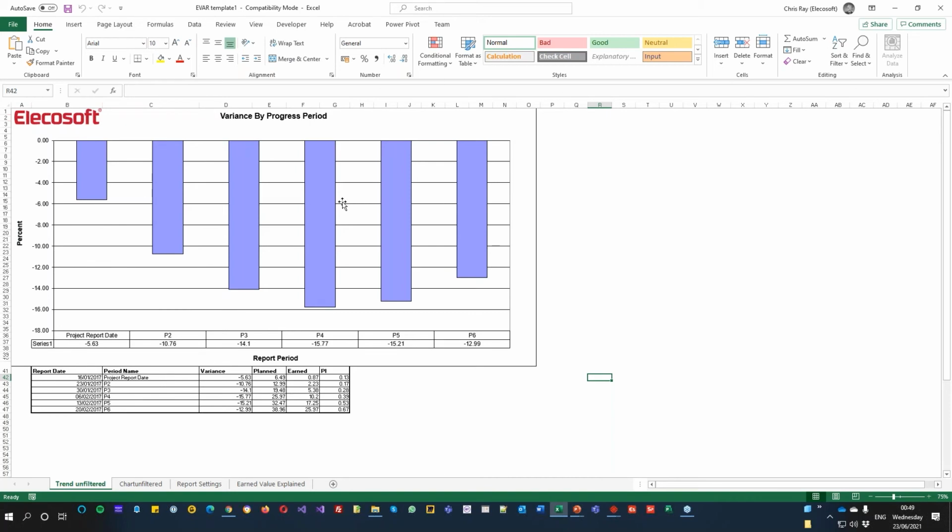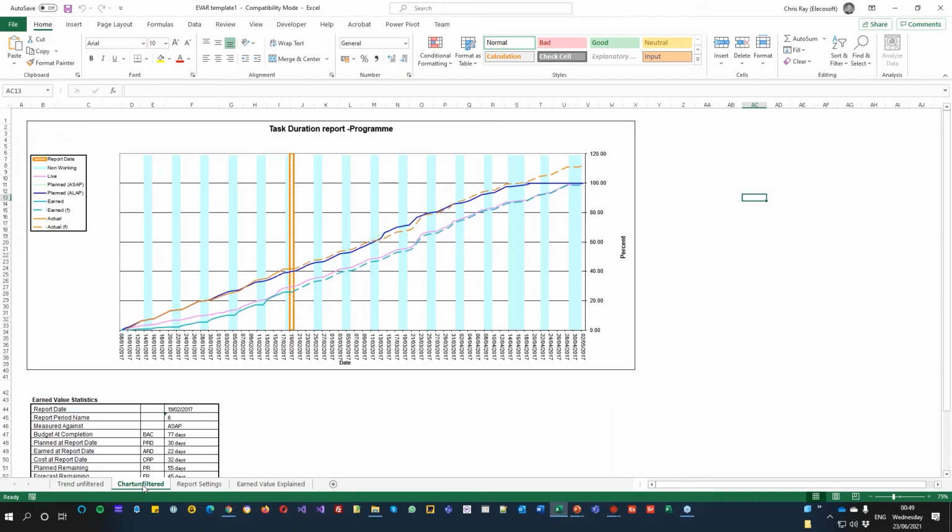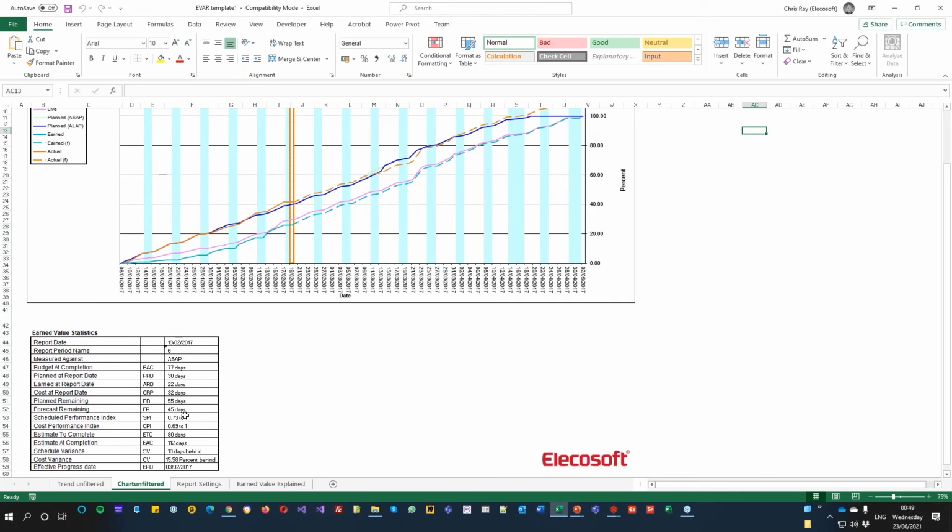So I have this, and this is one of the options I can choose to turn on. It also gives me a chart inside here of my earned value. And again, I've chosen to have not only the earned value in there, but I've got my planned, my actual, and my forecast values and my report date in there. And then it gives me a graph down the bottom here telling me my schedule variance, my SV, is 10 days behind, my cost variance is 15.58% behind in there,